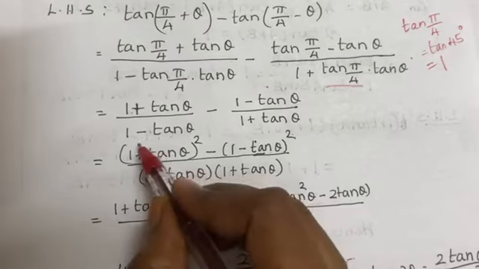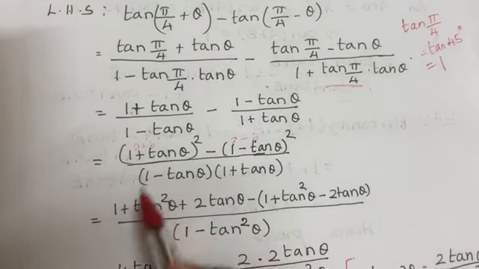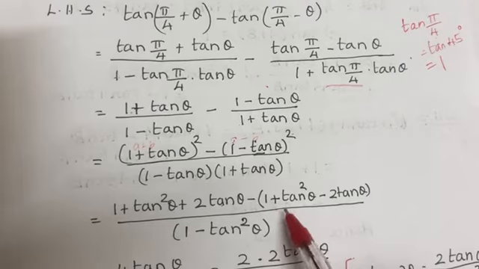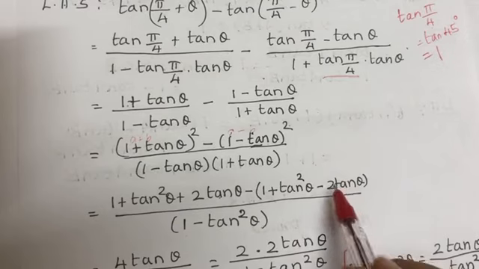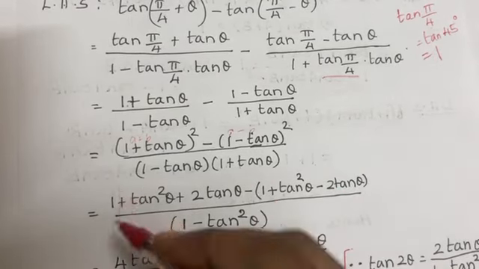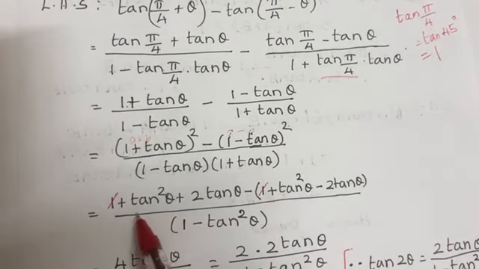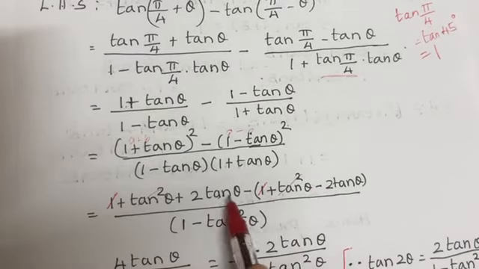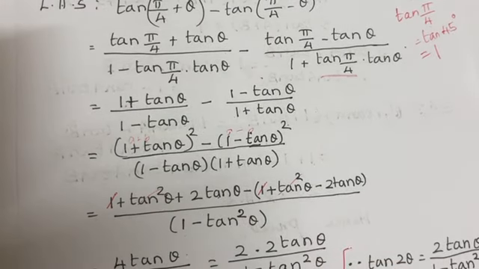We have to expand it in the form A plus B the whole square. Here A minus B the whole square. So, 1 plus tan square theta plus 2 tan theta. Here minus of 1 plus tan square theta minus 2 tan theta. Here while multiplying the minus inside, it will become minus 1. So, 1 minus 1 will get cancelled. This will become minus tan square theta. Here we have plus tan square. So, plus tan square minus tan square will become 0. So, 2 tan theta, minus into minus, it is plus, isn't it? So, 4 tan theta divided by 1 minus tan square theta.